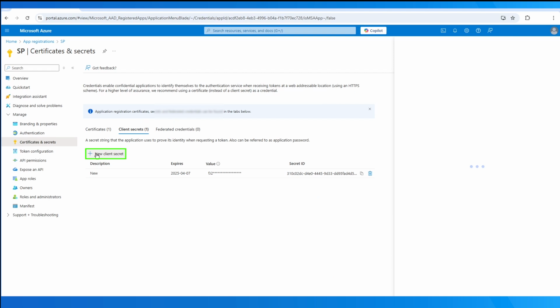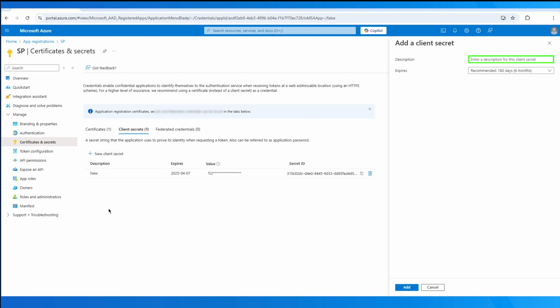Click on New Client Secret and provide a name as an identifier, and then choose the expiry for it. Note that once you generate the secret, you would need to copy out the value in the value field and not the secret ID. The value is the secret and which will be used for the authentication. This will need to be saved at the first time you create it, as in the next login, the value will be masked and not retrievable.